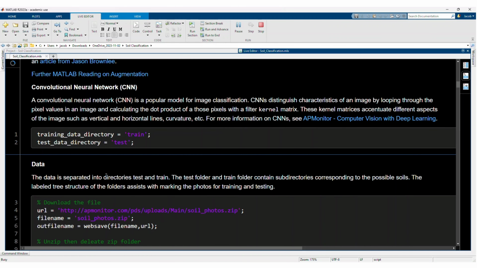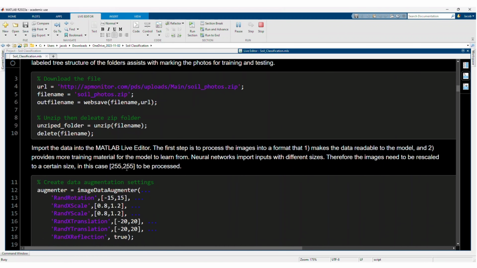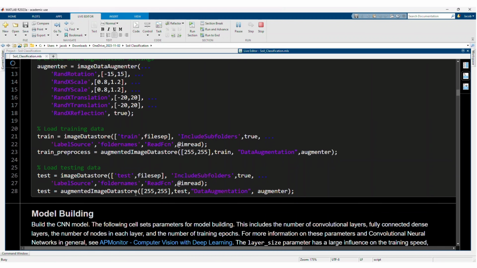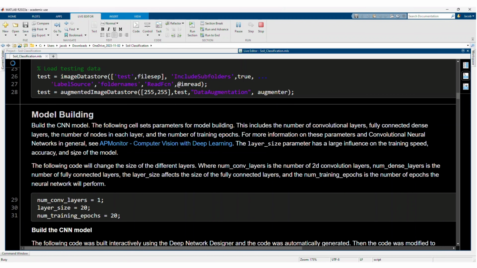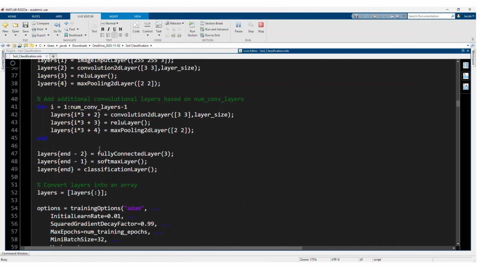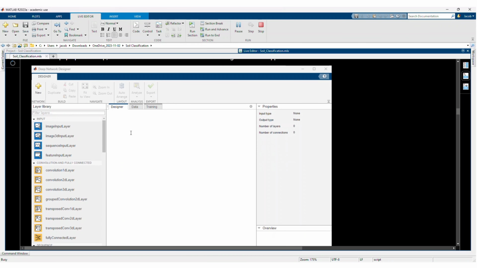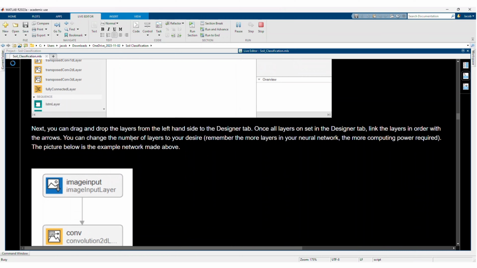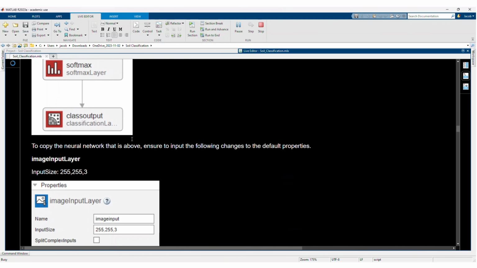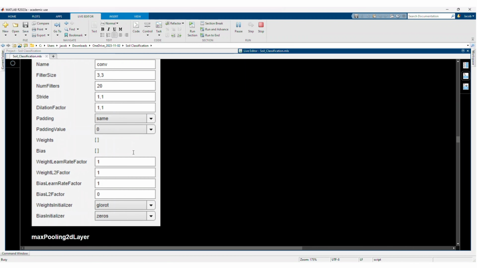So we're going to create our training and test directory. We're going to download the files that are there. You could take photos of your own soil samples. And then we're going to load the training and test sets. Then we're going to build our convolutional neural network. Okay, each of these cells operates and builds something in a different way. Now we're going to have this workflow that we're working through. It shows us our neural network structure and properties.